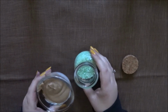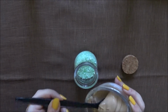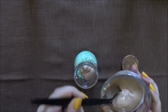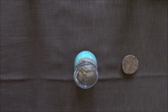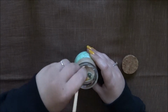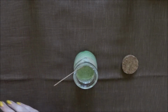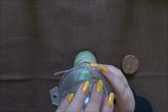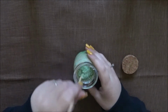So now I'm just going to grab our brown soap and my spoon, and I'm going to spoon in 2 spoonfuls of soap, pop it to the side, and I'm just going to start mixing the soap in with the Epsom salt. And what I think I will do is grab our funnel again and add in the rest of our Epsom salts. Mix that in,